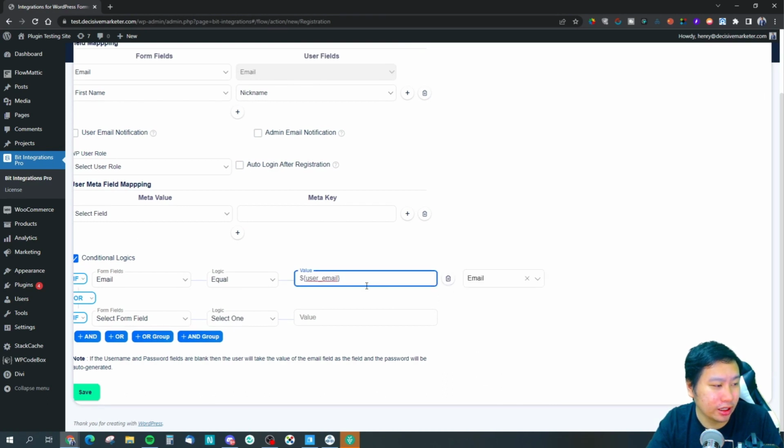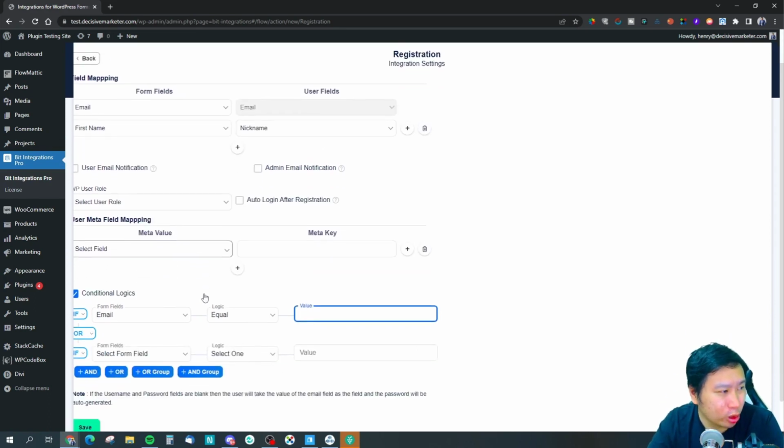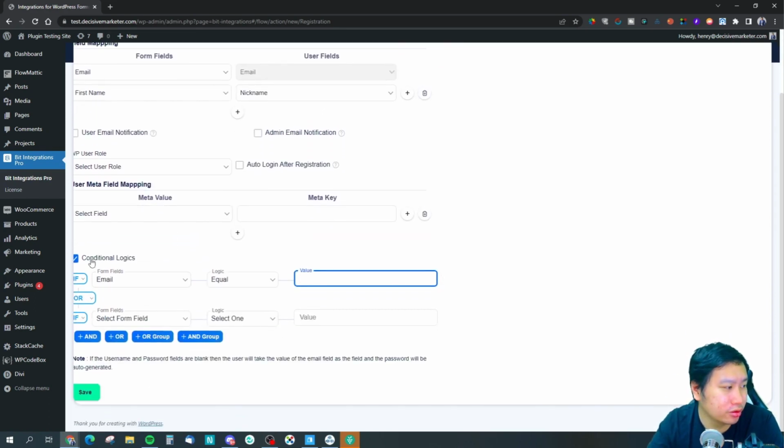Or I can select a field here. Okay, so the value, if it's not something, then... okay, so I kind of get a little bit confused right here, because it doesn't say what happens after the conditional logic. So in my opinion, I kind of feel like they should put